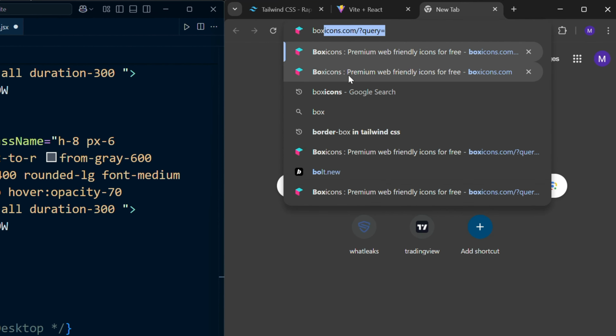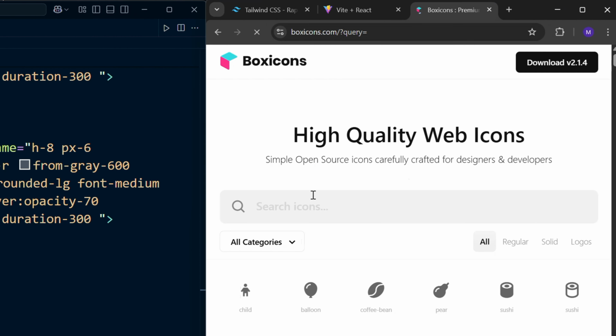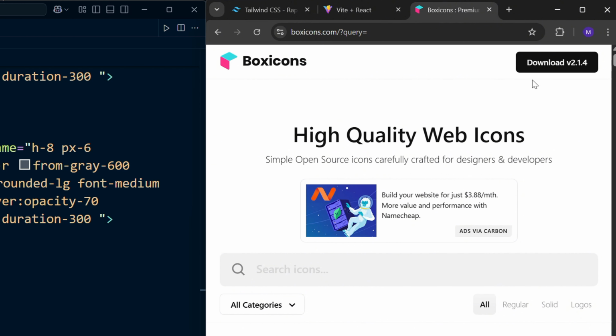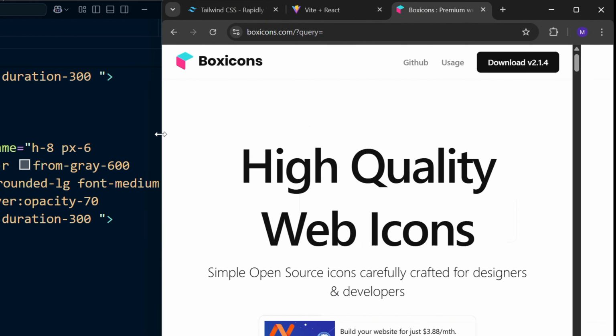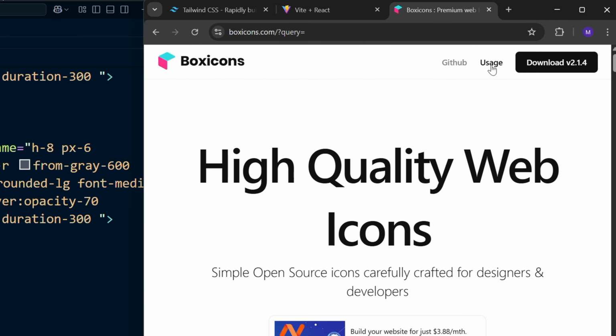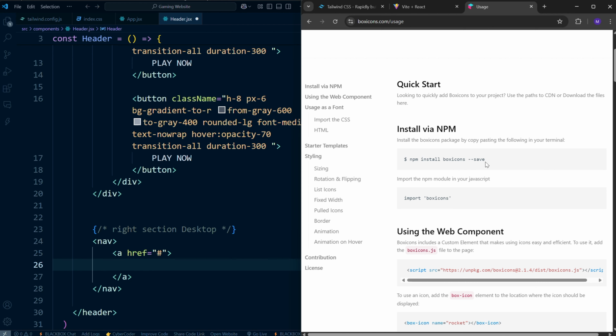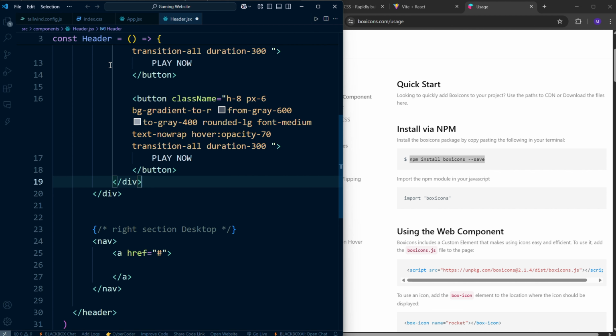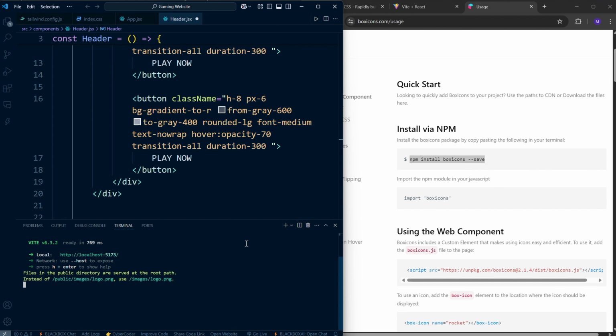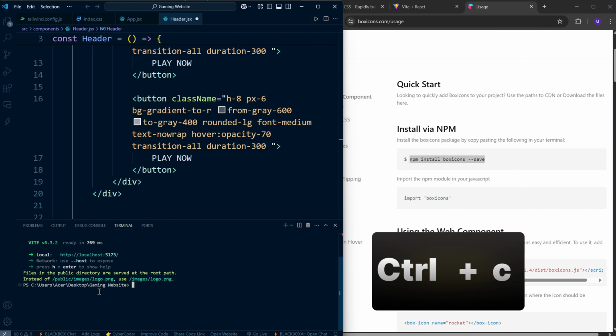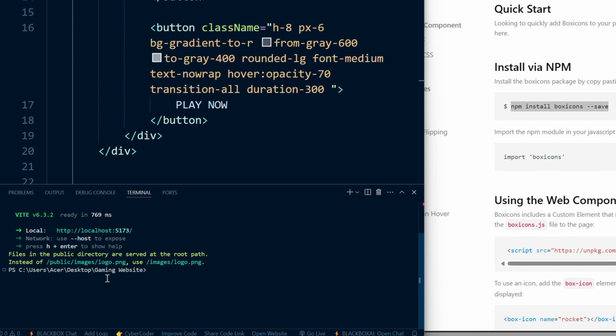So open your Google, search for boxicons.com, and once you're on their website, look at the top right section where it says Usage, and click on it. Here you should see an installation command that says Install via npm. Just copy this command, but make sure not to copy the $ in front of it. Then head back to your code editor, open your terminal, and first stop the project from running by pressing Ctrl and C together. After that, paste the command you just copied and press Enter to run it and install Boxicons